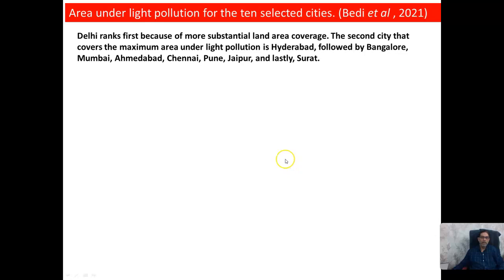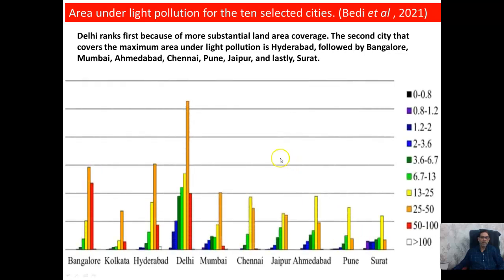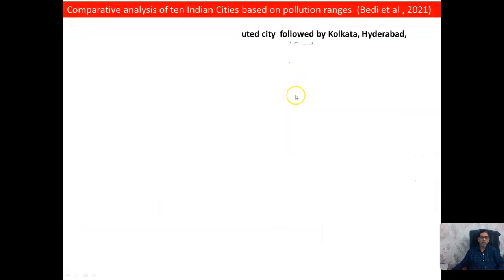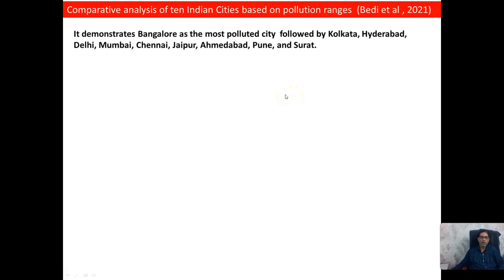And this is basically the slide which shows the area under light pollution. You will find that Delhi ranks first because of the more substantial area coverage. The second that covers the maximum area under light pollution is Hyderabad, followed by Bangalore, Mumbai, Ahmedabad, Chennai, Pune, Jaipur, and lastly Surat. Then this is the comparative analysis of 10 Indian cities based on pollution range,